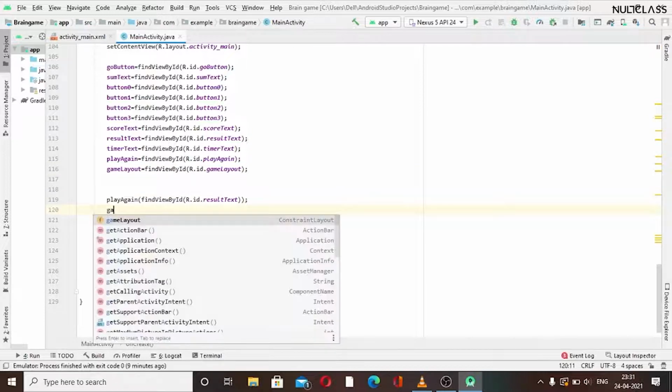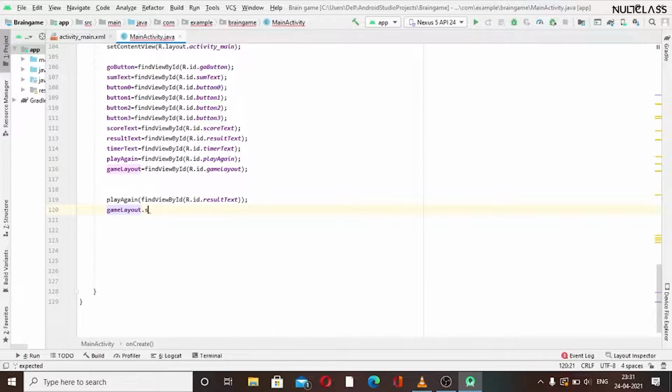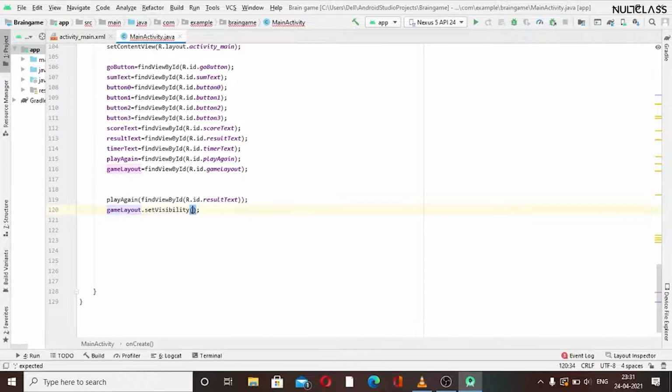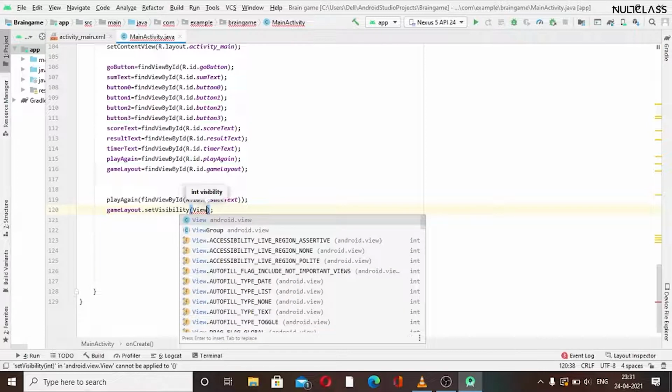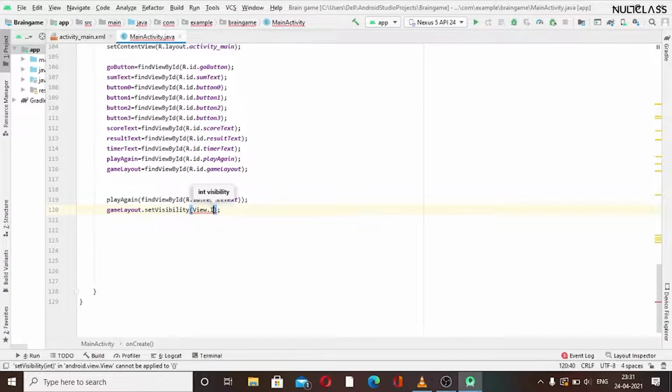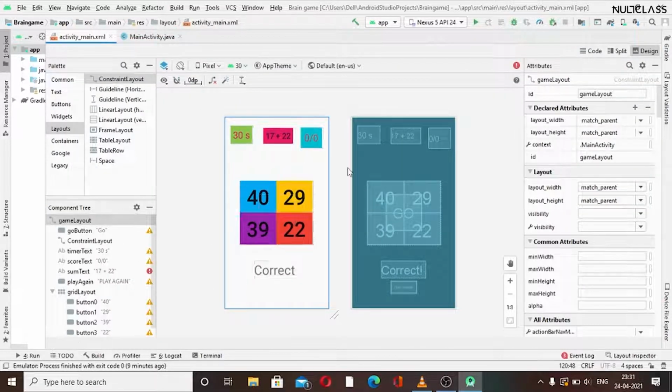So I will set our game layout to change its visibility. We have a method called setVisibility, and inside of that I will pass View.INVISIBLE. Initially I want this game layout to be invisible, like all these things should be invisible and the go button should be visible only.